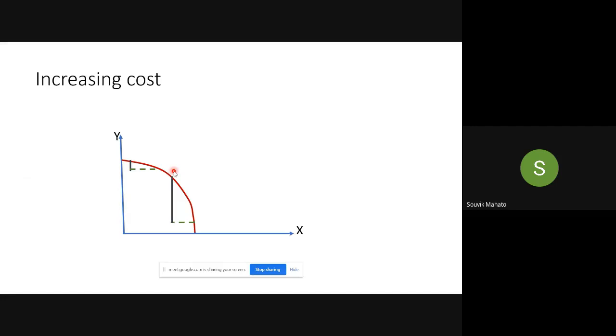Ma'am, initially the inputs were contributing less, and after that... Look, it is not possible for all the inputs to be equally productive for X and Y. In reality, there are some inputs that are more productive for Y. There are some inputs that have the skill to produce Y, and some that have the skill to produce X. But as the producer was here, those who don't have that much skill to produce X had to be in the Y production.